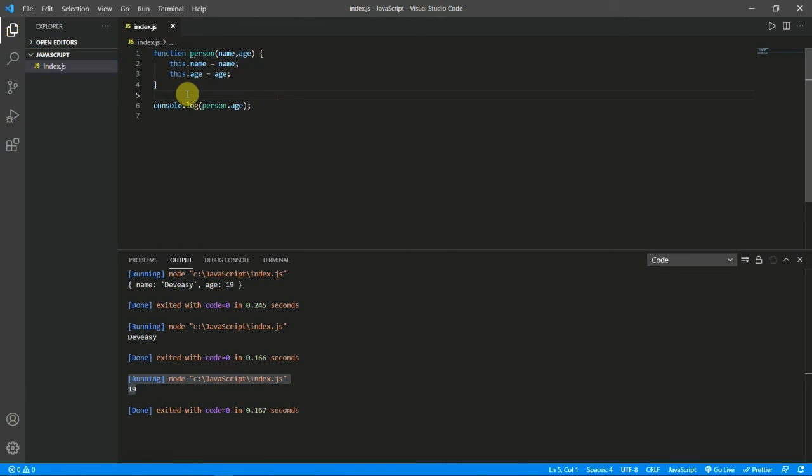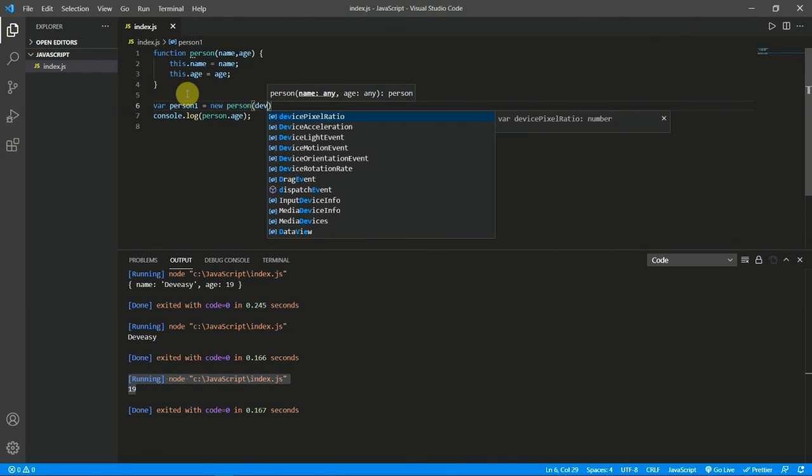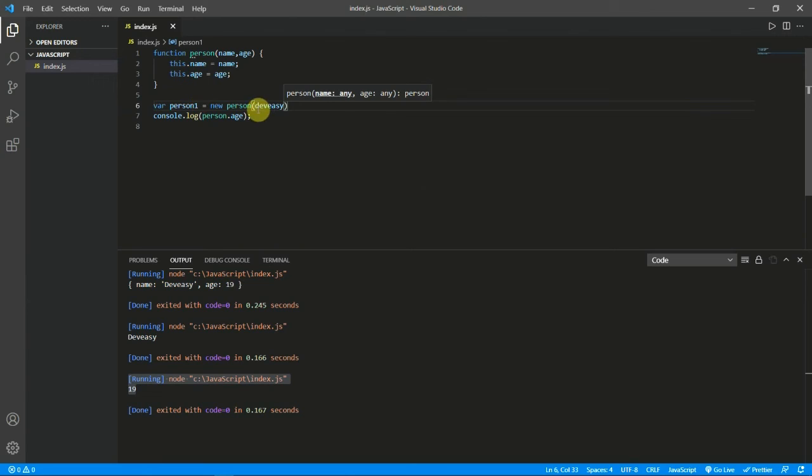So let's simply create a new object. Let me call it person1. There is a variable person1 equal to new person, and then we will give the name which is Debussy. This must be in single quotation, and I'll give the age 19.